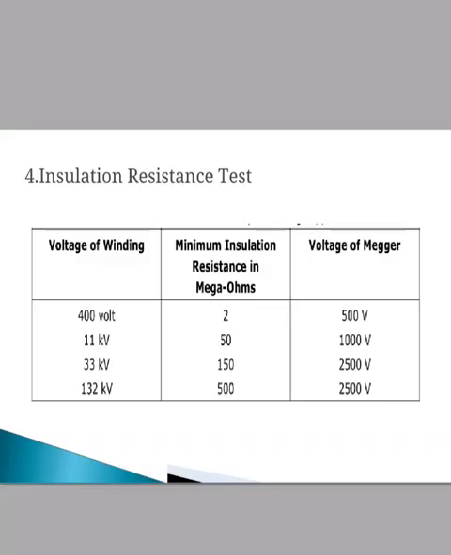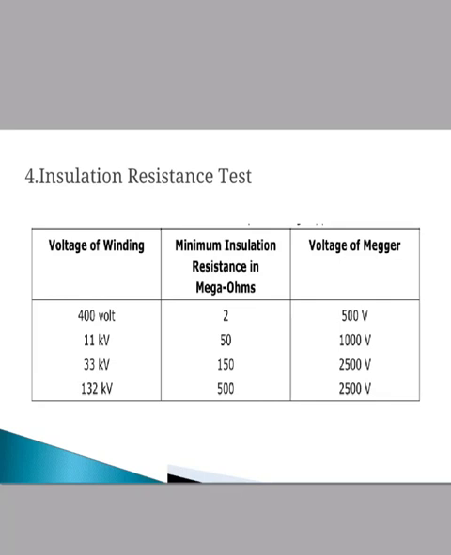The insulation resistance is measured between the transformer winding and core, and between core and core clamping bolts, etc. During the test, the handle of the Megger should be moved at a constant speed, otherwise it gives misleading results. Suppose we have to measure the insulation resistance between the windings. The earth terminal of the Megger is connected to one winding and the line terminal is connected to the other winding. We rotate the handle and measure the insulation resistance.